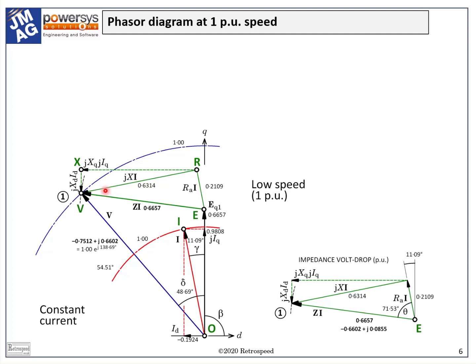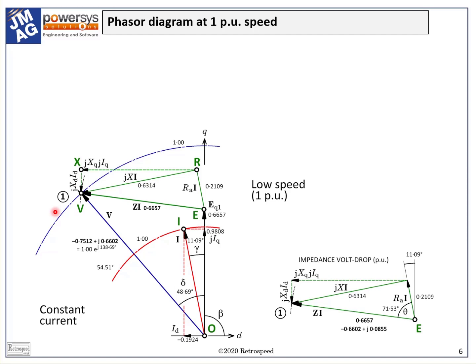But later we should think about the use of the principle of superposition in this summation as to whether it is actually valid under saturated conditions. As it happens, the magnitude of the voltage OV is 1 per unit. This is not accidental. The base voltage for normalization has been deliberately chosen to give a terminal voltage of 1 per unit at this operating point. Why have we done that? Simply so that we can use this operating point as a basis for comparing other operating points, which is what we're going to do.